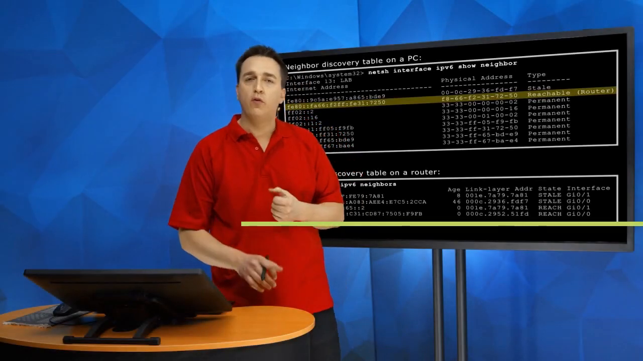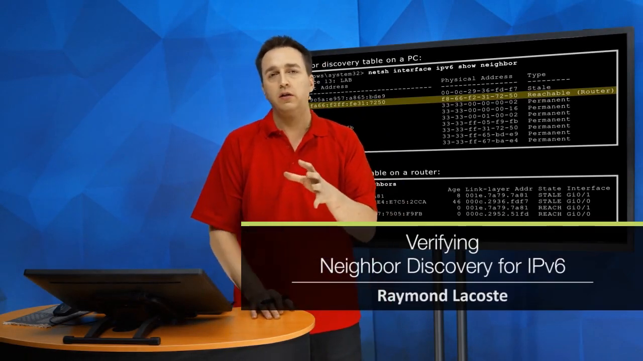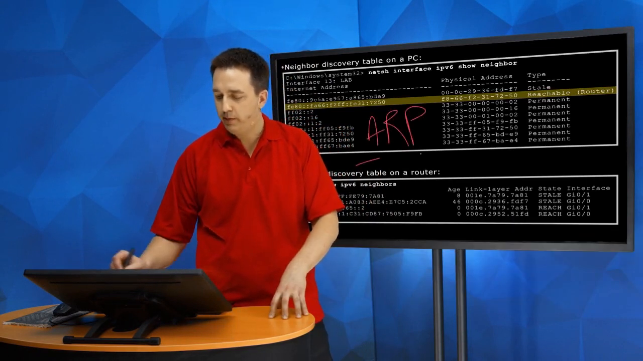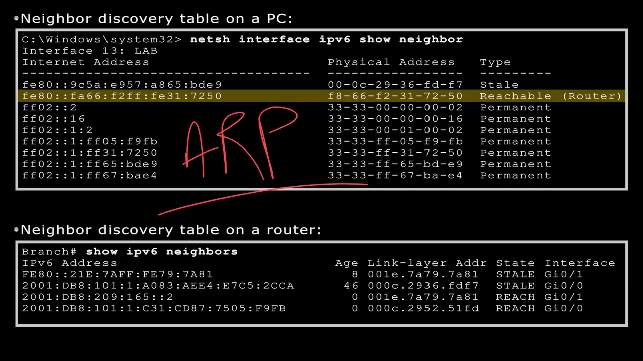When we're in an IPv4 network, we're going to rely on a protocol known as ARP, Address Resolution Protocol. What is the purpose of ARP? It is to identify the MAC address of an IPv4 address we know about. So if I know about the IPv4 address of